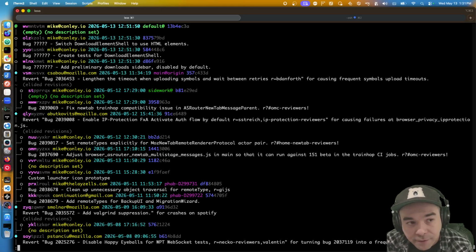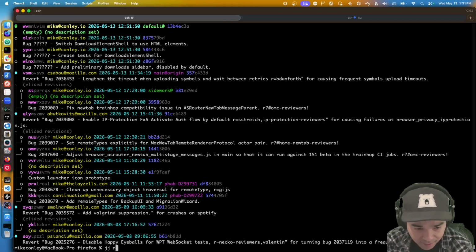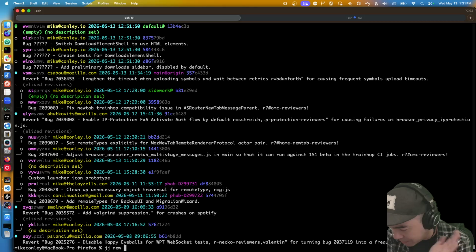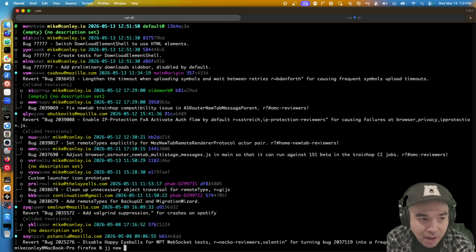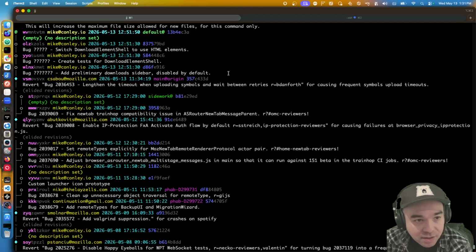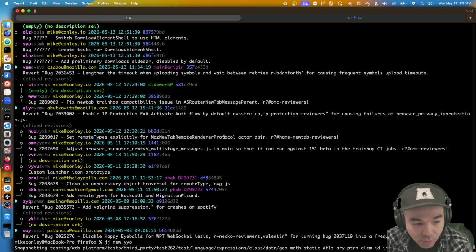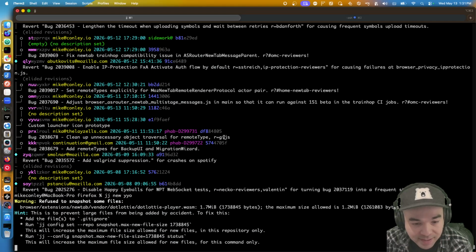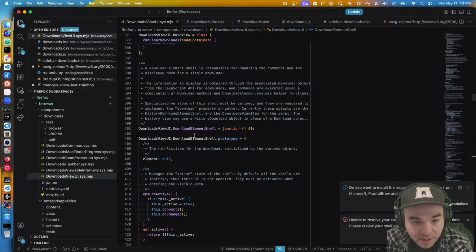Now, how difficult would it be? I kind of feel like switching this to using ES6 classes might be easier as an earlier patch here. So let's try this. I may end up getting into rebase hell, but it's jujitsu, so it's fine. I'm actually gonna check out this earlier patch, and then we can do our ES6 class thing